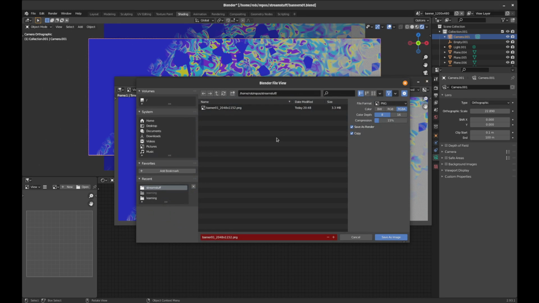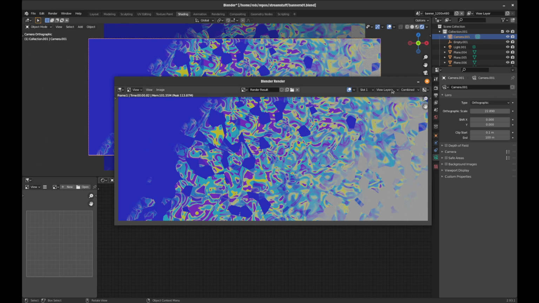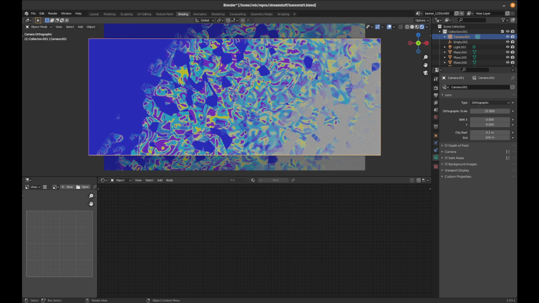And we'll save that. And just give it the right file name with the dimensions. 1200 by 480. Same thing for the same reasons. Okay, so we've got those two images. Now let's make another copy, and we'll make this the